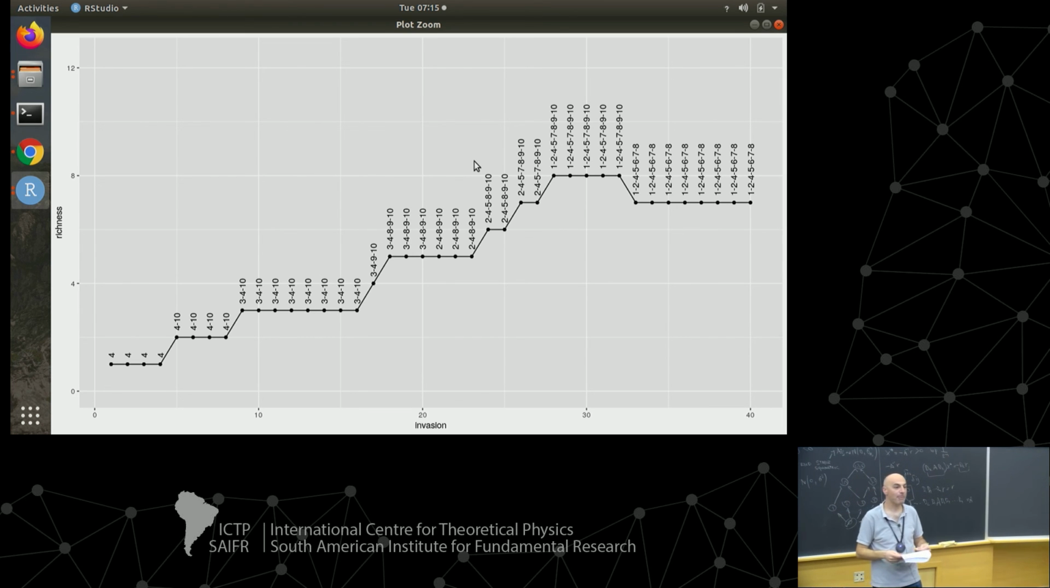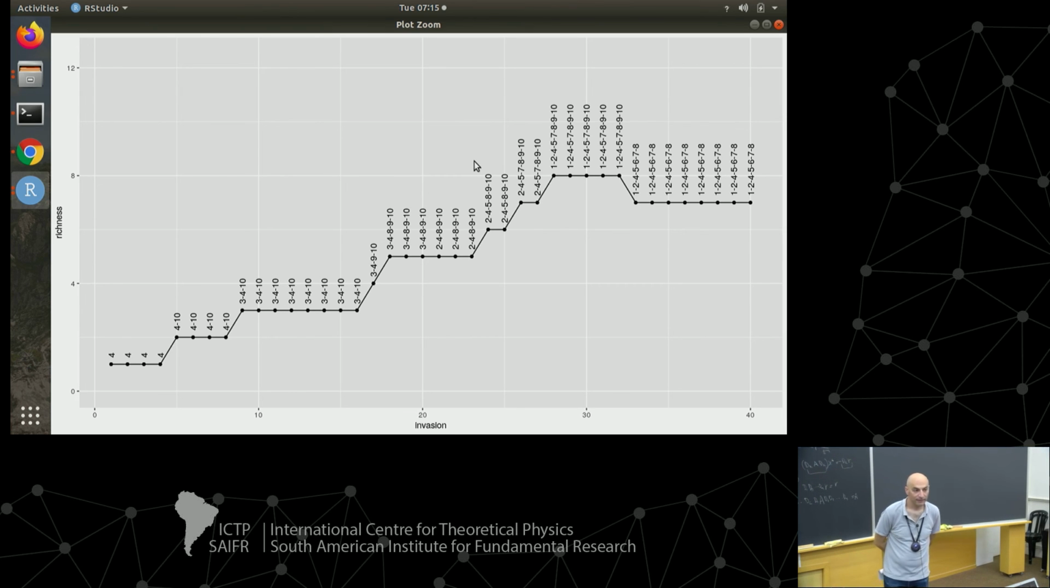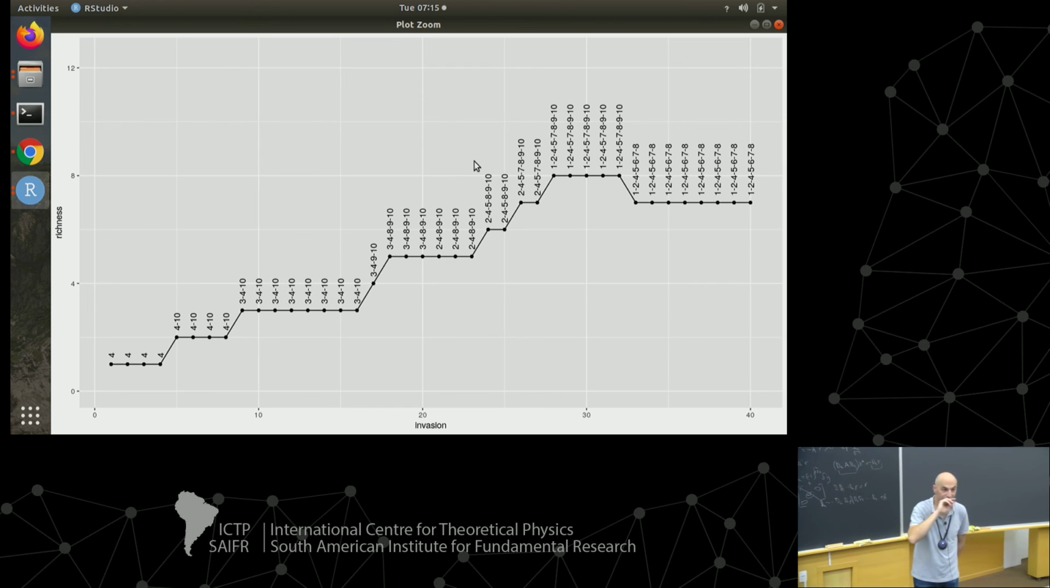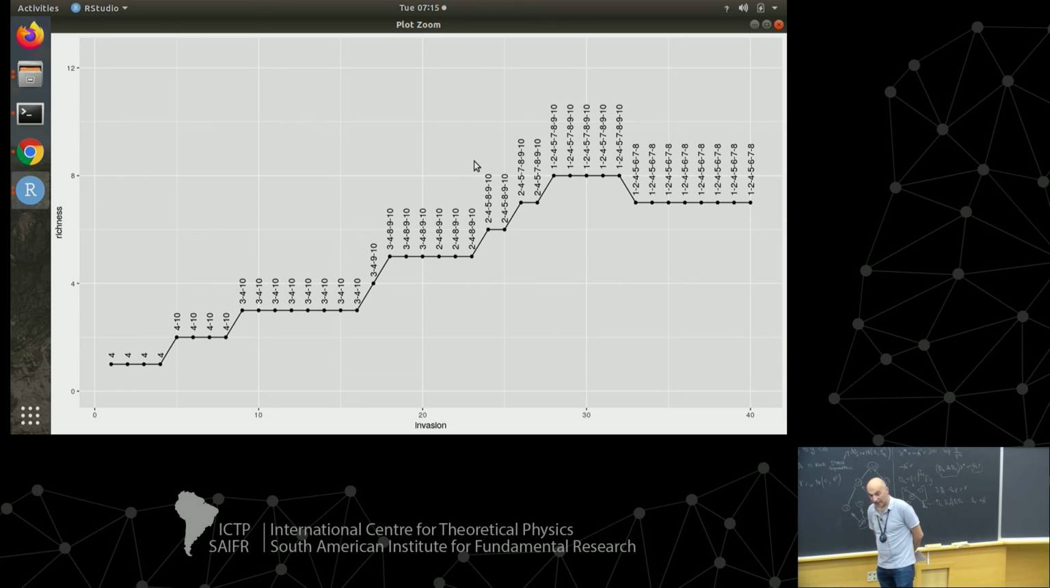Stefan? Yes? Do you have an idea what happens when you insert also the antisymmetric part of the matrix? So say it again. I mean, if you don't consider just a stable symmetric matrix, but you put also the antisymmetric part, and you consider also cycles on this stuff, do you have an idea what happens? Yes,